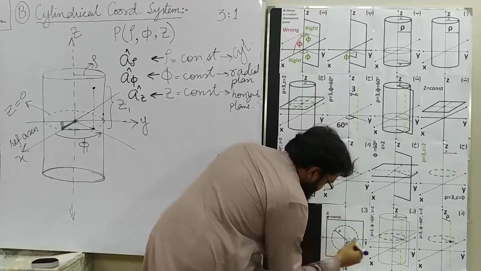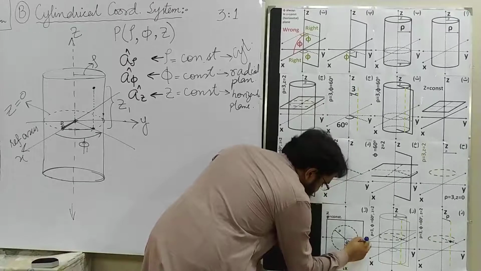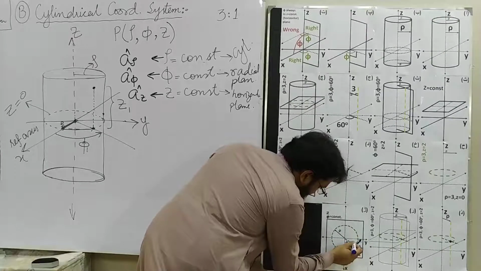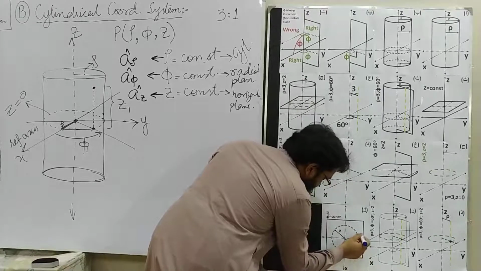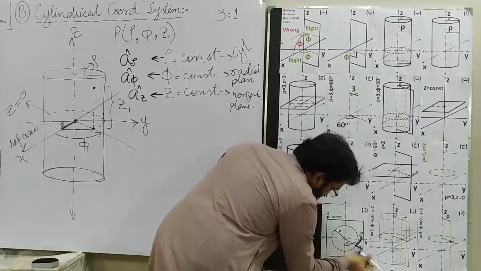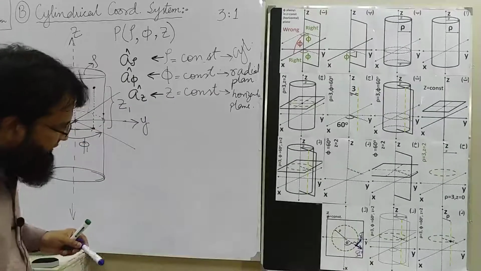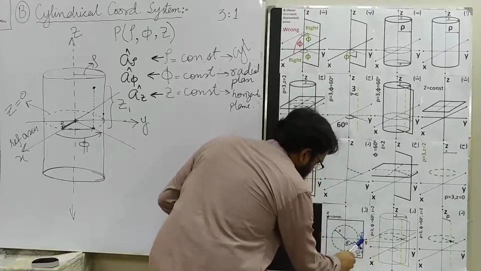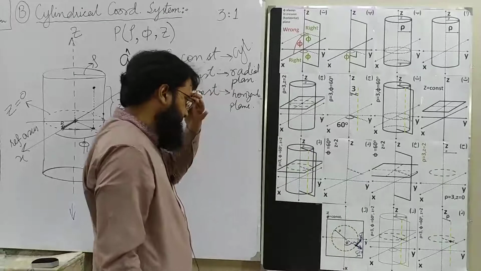That would be much better, but never mind. If I am moving in this direction, that is tangent to the circle because it is perpendicular to this radial line, then this direction is what? This direction is a phi, because this direction is perpendicular to this phi equals constant line, and it is pointing in the direction. If I move in that direction, this angle with respect to the x-axis will increase. Okay,